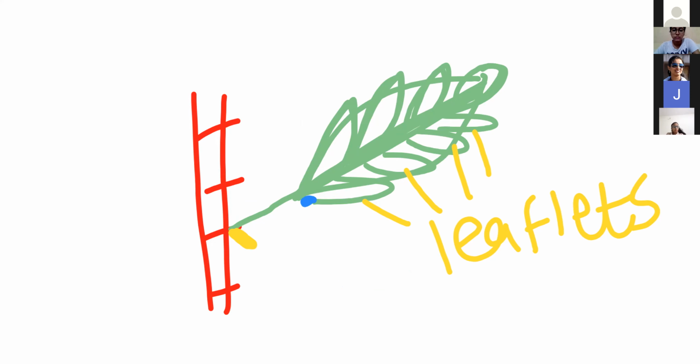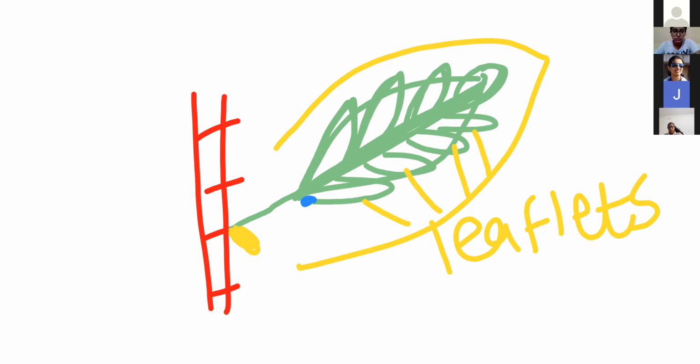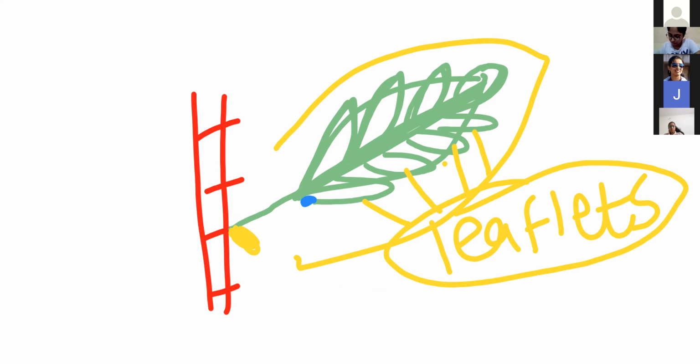Axillary bud is present only at the base over here, right? That indicates all these leaflets have only a single axillary bud. That indicates this is the entire leaf, but this leaf is dissected into small, small leaflets. Here the incision reaches up to the midrib, and that we call a pinnately compound leaf. In a compound leaf, either this incision reaches to the midrib, so we call it a pinnately compound leaf.